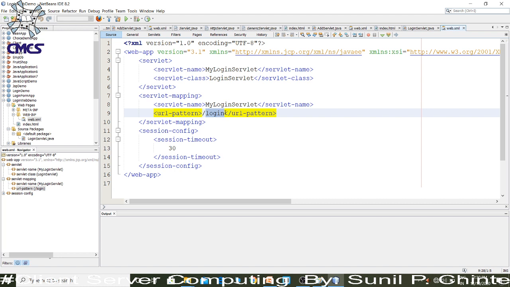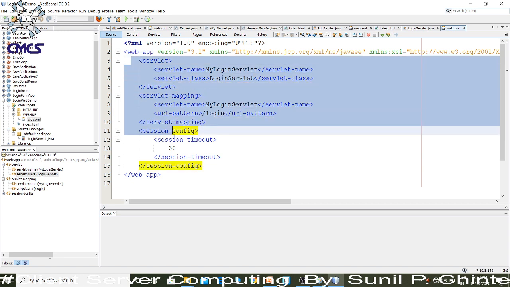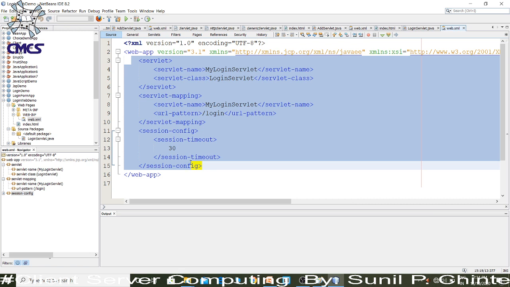This is the mapping with the actual servlet. Why are we providing the mapping here? For security purposes. This external alias name will map with the internal alias name, that is my login, and this my login alias name will be mapped with the actual class name. So this is the web.xml file, or we can say deployment descriptor.